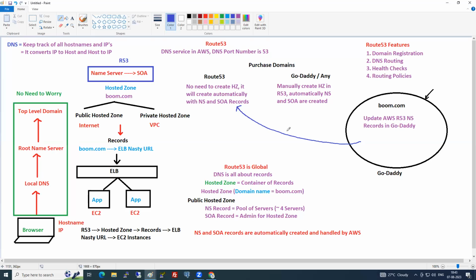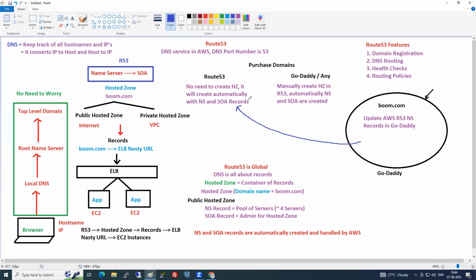The disadvantage of purchasing in GoDaddy is, first, latency. Because the request will first go to GoDaddy, so a couple of seconds or a fraction of a second will get delayed, because it has to go through GoDaddy and then come to AWS. So when you are using AWS infrastructure, it is always recommended to purchase your domain in Route 53. But if you have purchased a domain in GoDaddy, can you make it work? Yes, you can make it work. Make sense? Understood?